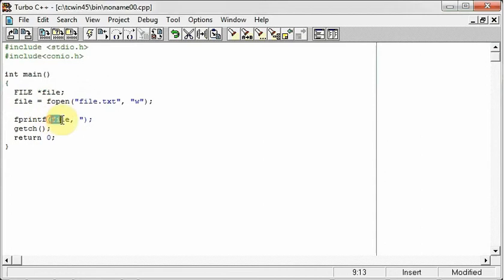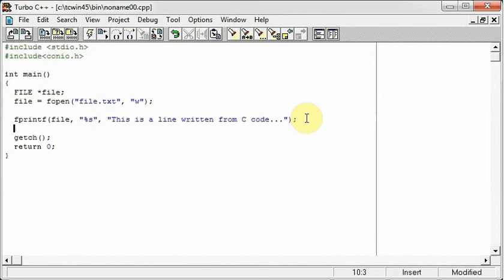So we are passing this as the first argument, and in the second argument we pass the type of data we want to write. Here we want to pass a string, so I'm using %s, and then in another pair of quotation marks I will give the text which I want to write to the file: This is a line written from C code.